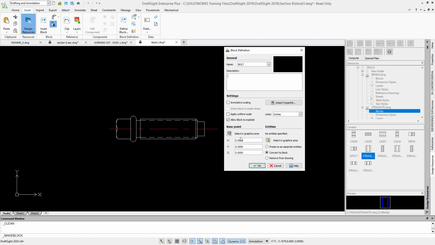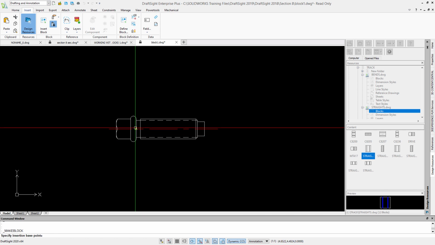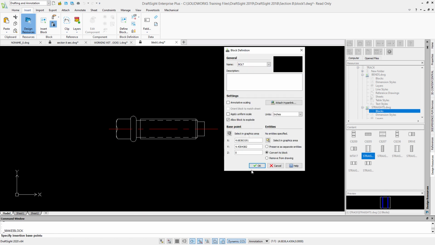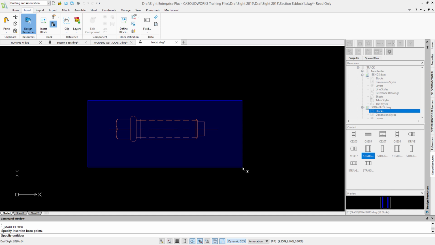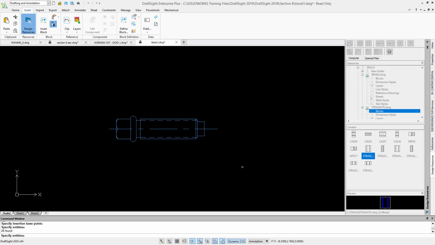Next, I'm going to specify its base point or its insertion point. When I go to drag it in, this is what is attached to the mouse. I'm going to pick the center of that edge there. That's where it would go into a block of material perhaps. Then I can select the entities I want, again box selecting for that, one way or the other. Once you've finished selecting everything you want, you just hit enter.